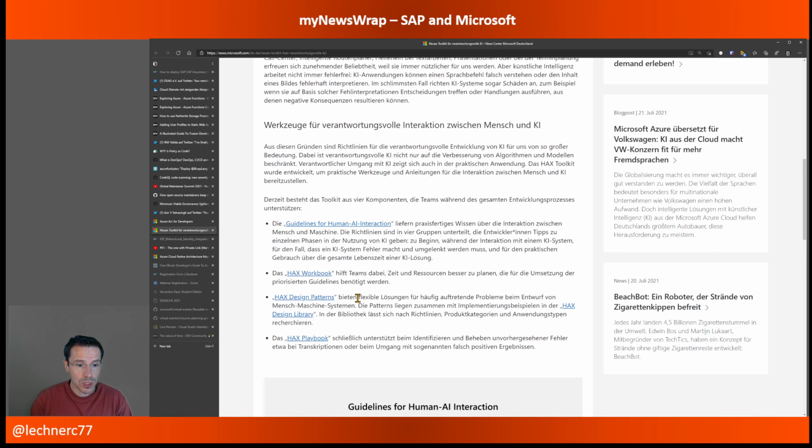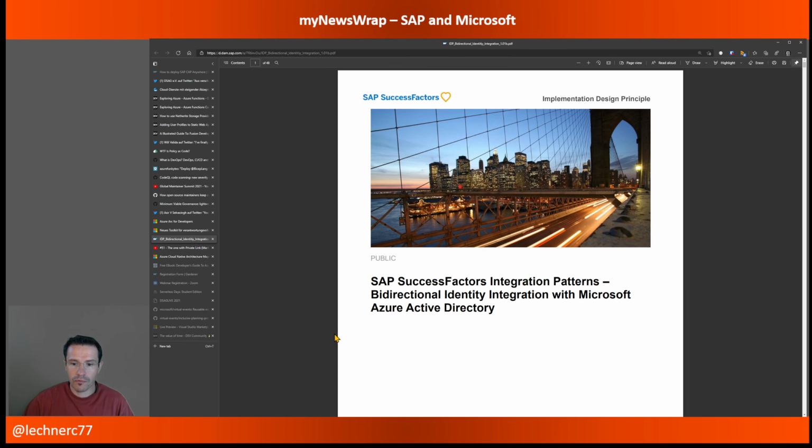Then with that, let's switch to the area between SAP and Microsoft. And here I have two highlights of the week. First one is one very detailed paper about SAP SuccessFactors integration patterns, bidirectional identity integration with Microsoft Azure Active Directory. So how do you integrate Azure Active Directory with SuccessFactors